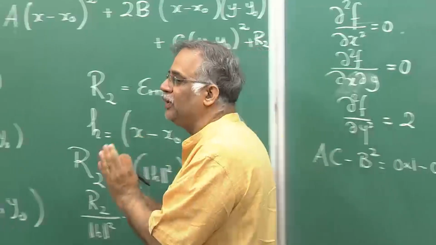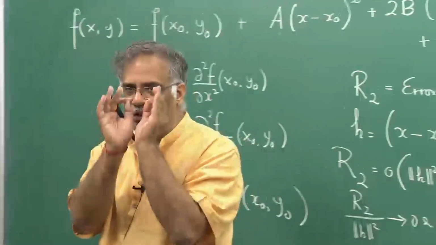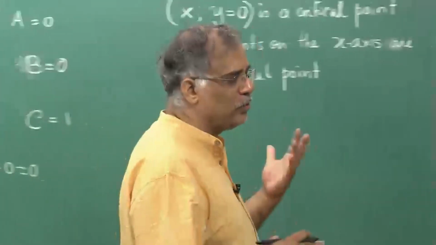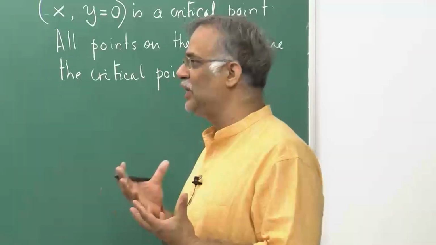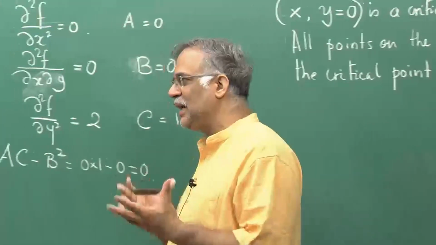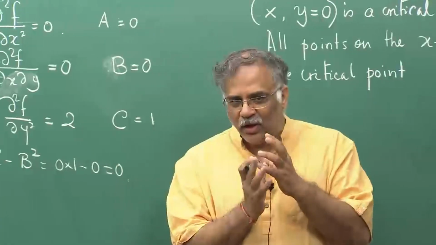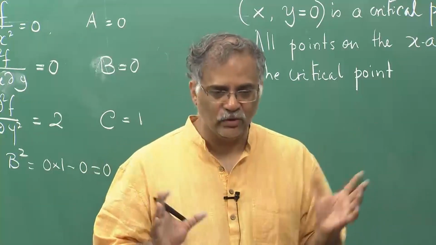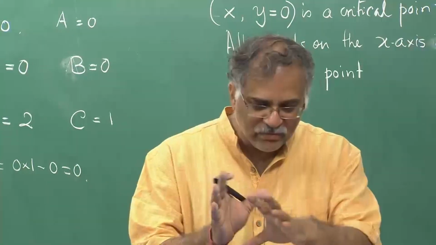Now, what happens if ac minus b square is strictly less than 0? I will again reiterate that ac minus b square is chosen not to be equal to 0 to maintain the fact that (0,0) is the only critical point. This has got something related to strong convexity or strict convexity. Convexity is a thing you cannot avoid while you are maximizing or minimizing a function, convexity and concavity. It comes in very subtly.